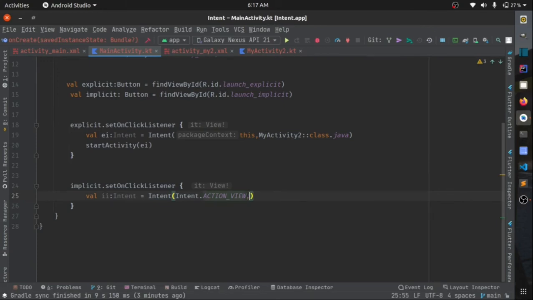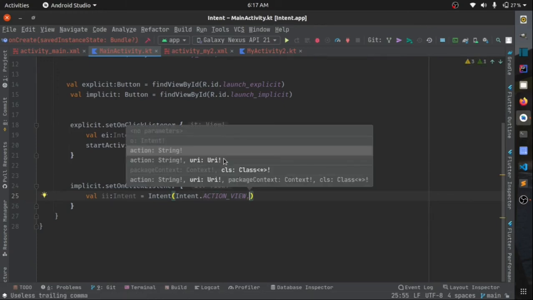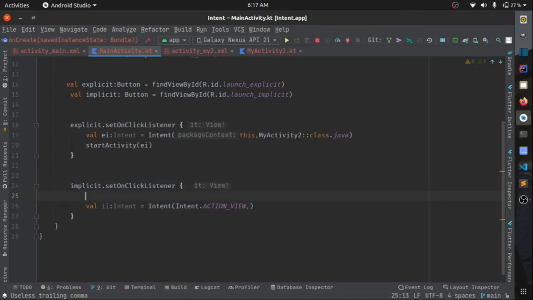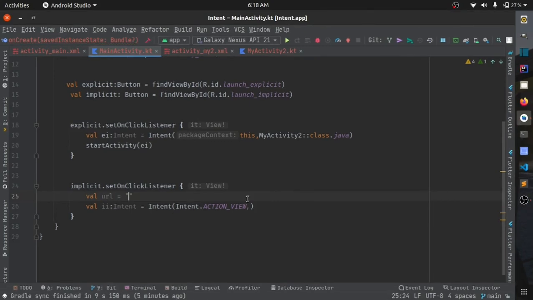and to let the Android OS know what should be launched, we can provide data, so Android will automatically detect what you want to perform. First of all, get the URL here, so the URL will be of my blog. You can specify any URL you want.